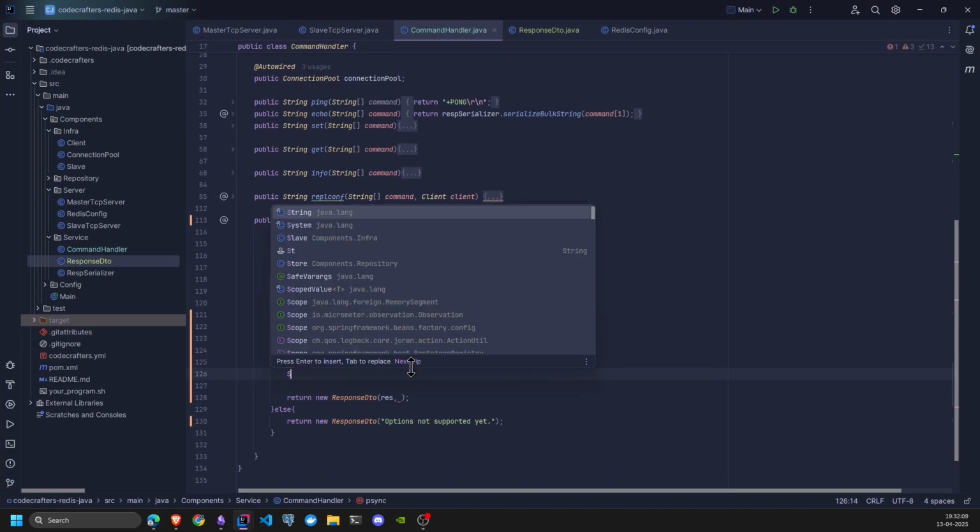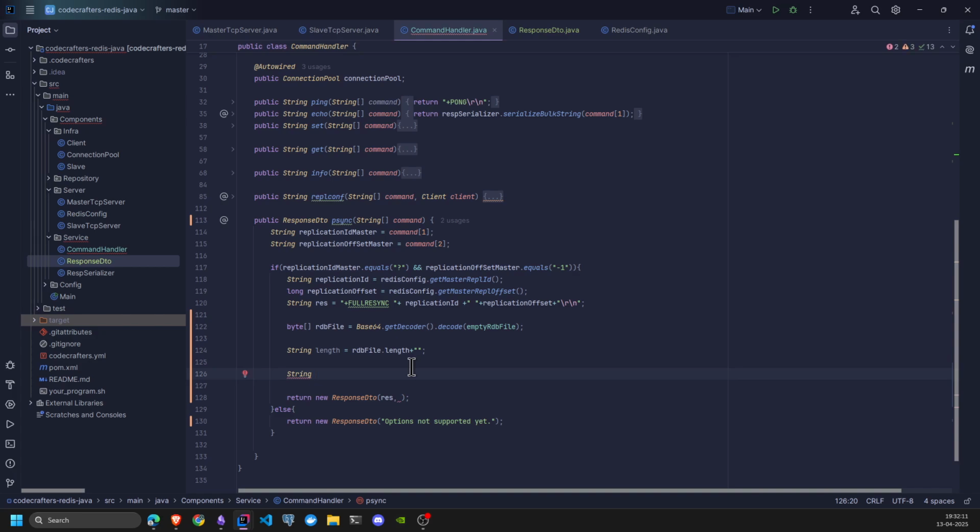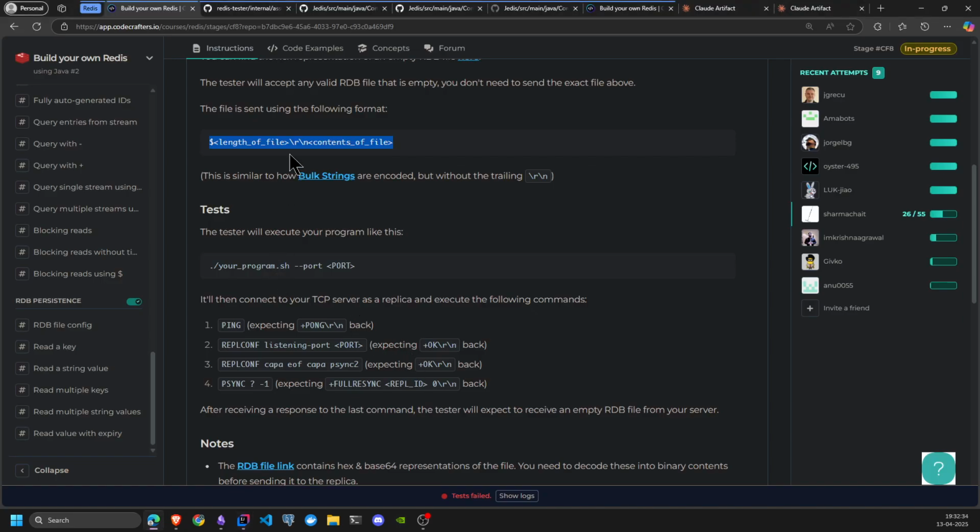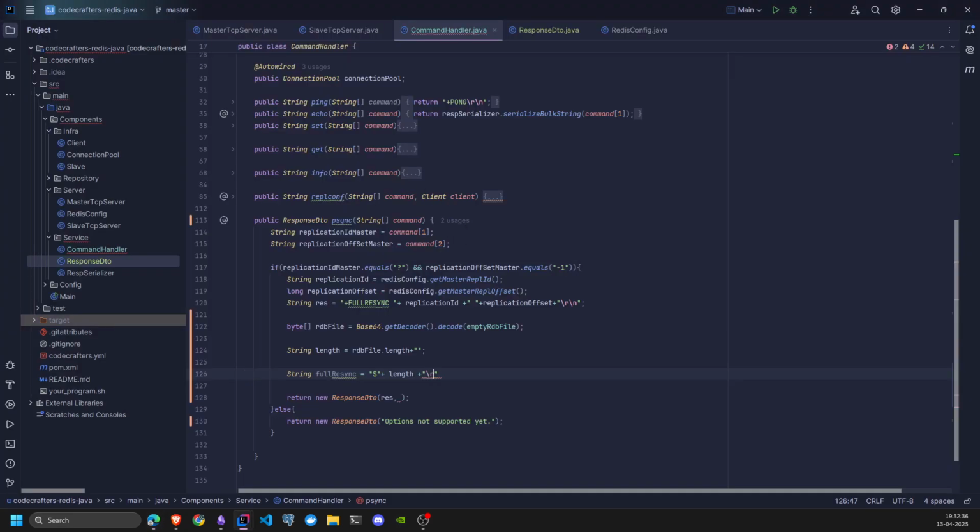So let's call it full resync, and it will be equal to a dollar sign plus the length and plus a slash r slash n. It's followed by a slash r slash n,